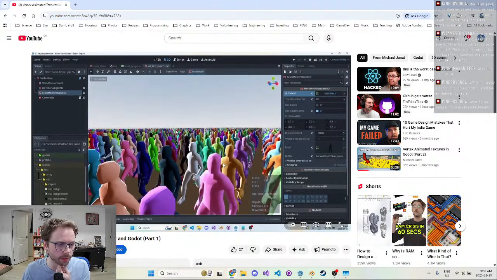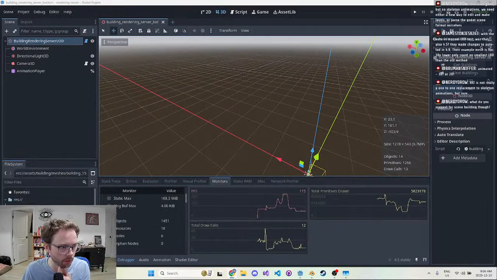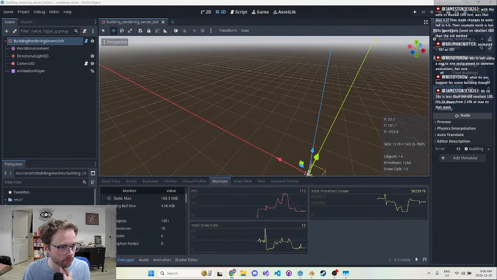Scene building, yes, I'm getting the same question over and over and over. Yes, we're going to do scene building. We're going to do some pipeline tooling, and we're going to show you how to build a scene out and do this kind of optimization. Part of this series is